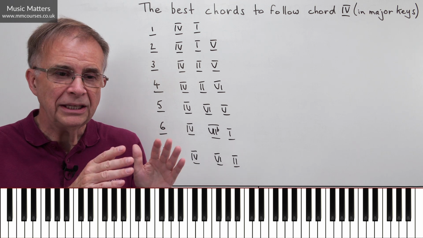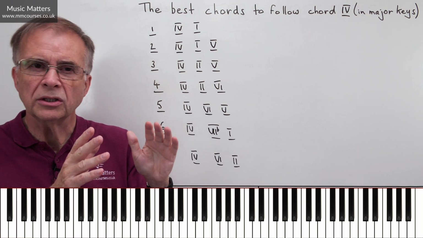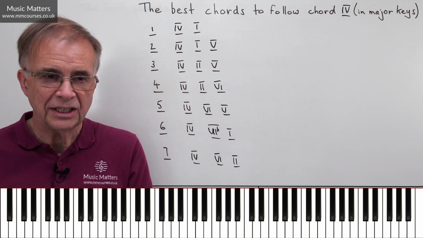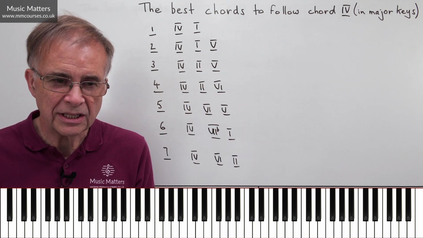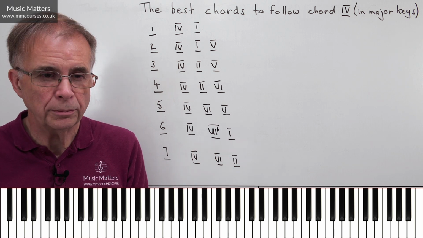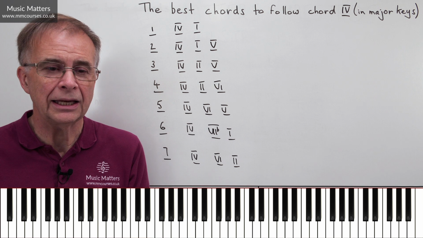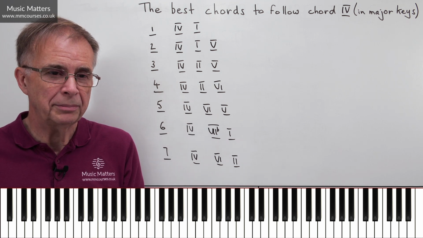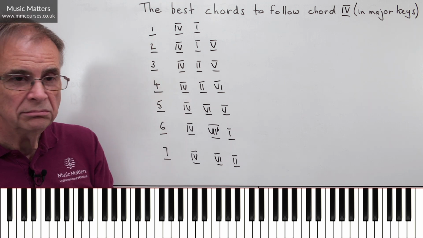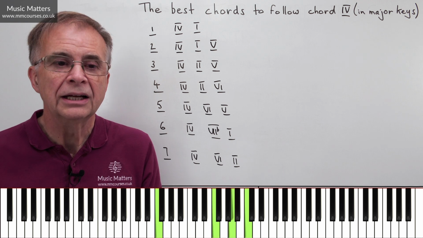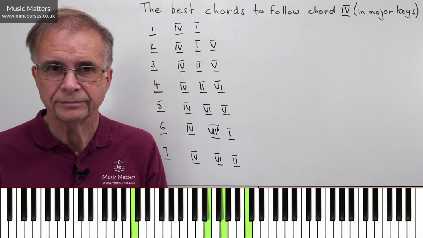So it may well be that you'll be thinking about, well, actually, which are the chords that I'm going to put before the chord 4, and then move on to these progressions that we're going to talk about today. And this is not exhaustive. I mean, there are plenty of other options, but I'm just thinking here about some of the more familiar options, so you're happy about those. So option 1 is perhaps the most obvious thing, where you have chord 4 followed by a chord 1.